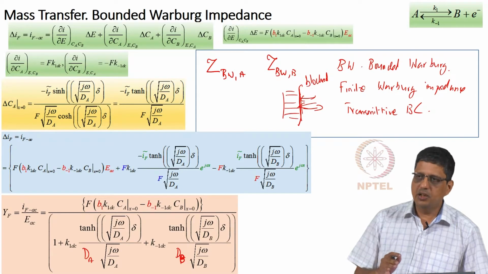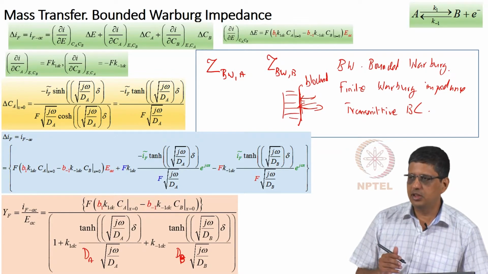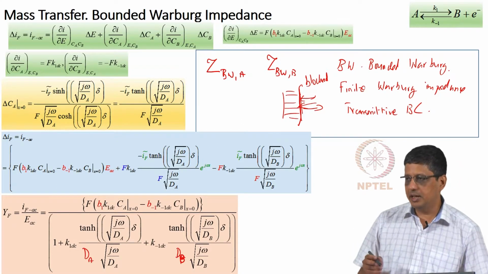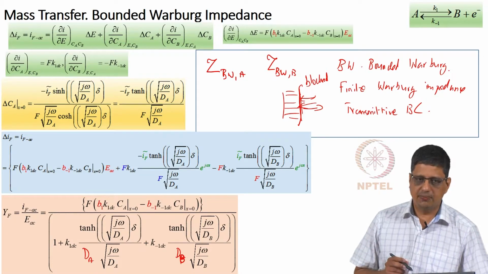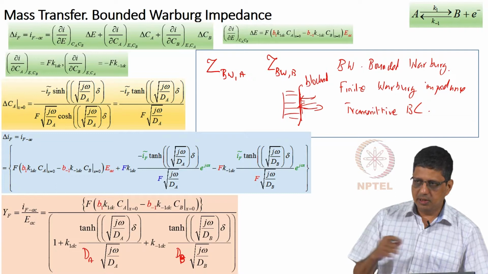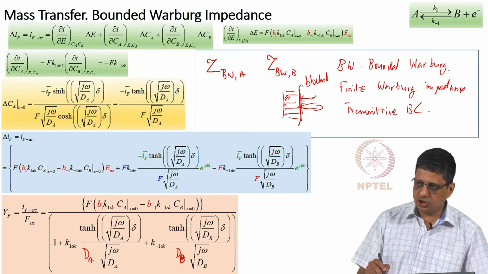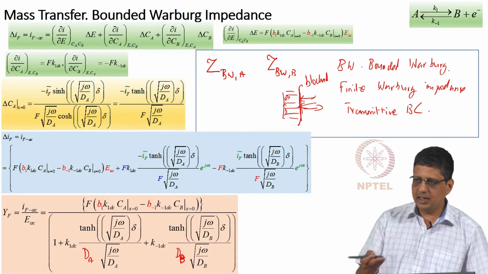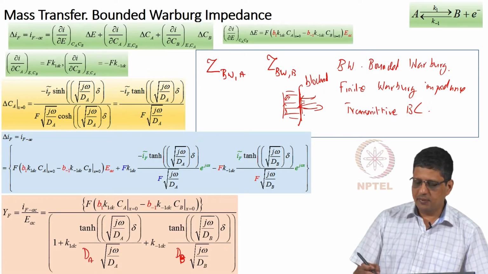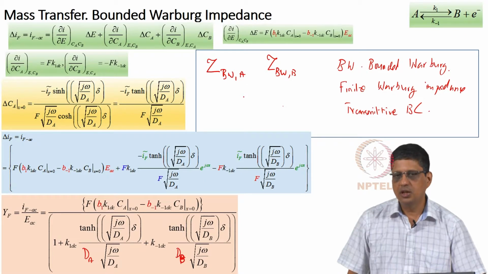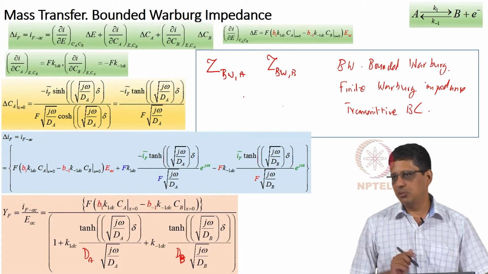There you would say the derivative of this concentration is going to be 0, because the flux is going to be 0, that means the dCA by dx, dCB by dx at the boundary is going to be 0. So, you may have a film, material may diffuse in and out, in the sense it may be produced or consumed in this boundary and it can diffuse in and out, but at the other boundary it is not taken. So, it will have a slightly different expression of course, and the way it looks will be different, but the equations are going to be same, except when you finally get the value of A1 and A2 you need to use a slightly different boundary condition. So, compared to that this will be called as transmittive boundary condition.